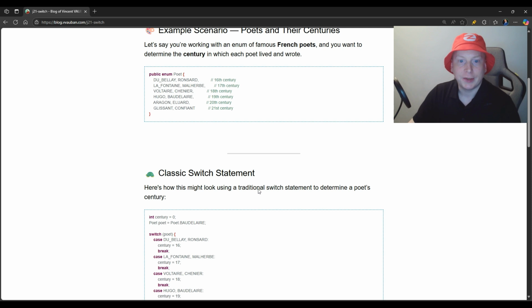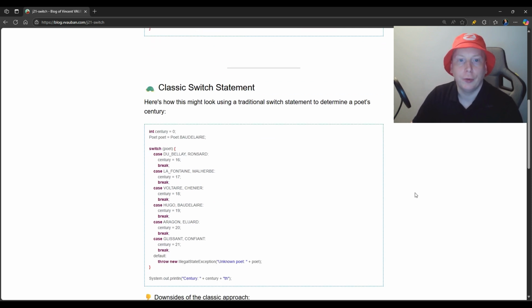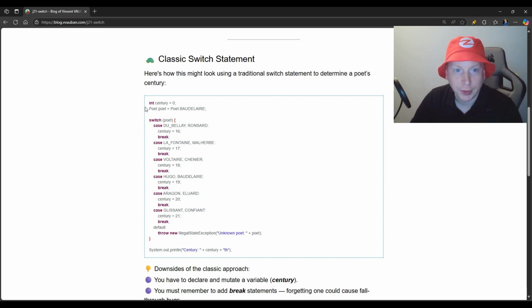Next. So we have checked the enum. Now let's see it applied to a switch statement in the old-fashioned way. Here's how this might look using a traditional switch statement to determine a poet's century. So you have int century equals 0, it is the initialization, poet equals Poet.Baudelaire, and then we have the switch statement which takes a poet as parameter, and you have different case clauses, like case du Bellay, Ronsard: century equals 16, break, and the same thing for all the other poets